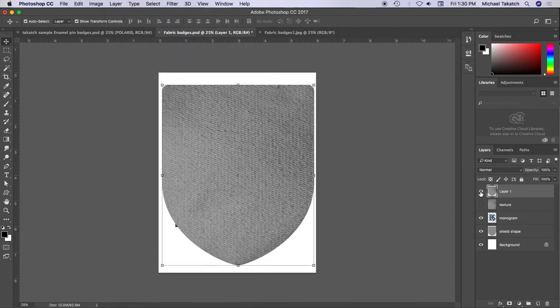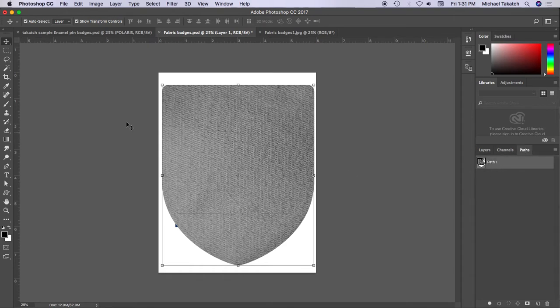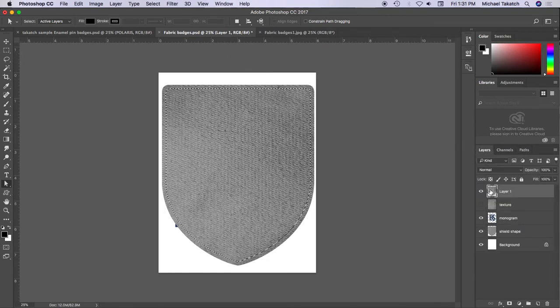So now I have this initial selection main. Under the color, we can come into that later. I'll go into the paths. We're going to change some of the color with the direct selection tool down here. Just grabbing this path, loading it as a selection, and going back to the layers. Now it's on